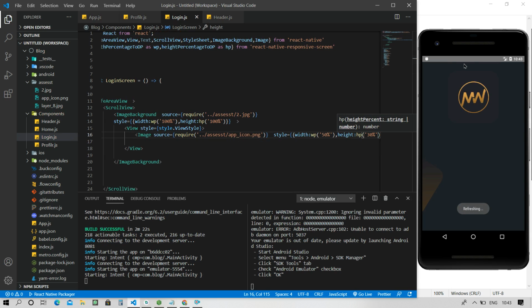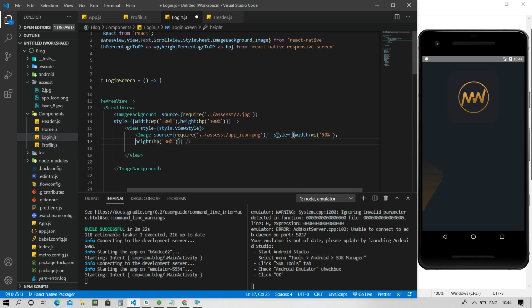So you can see that the icon appears here. It's showing not so good here, but on my real mobile it's showing very good. So you can use any of them. Now it's working properly.